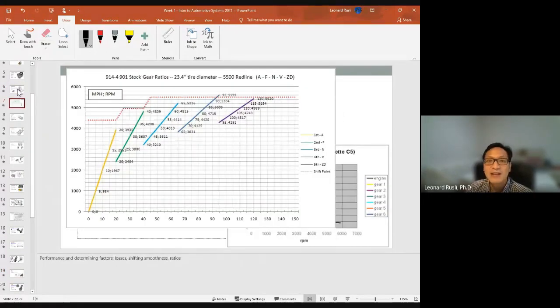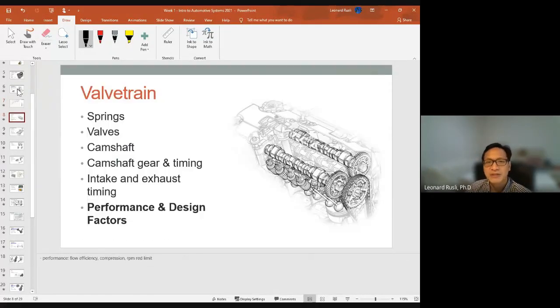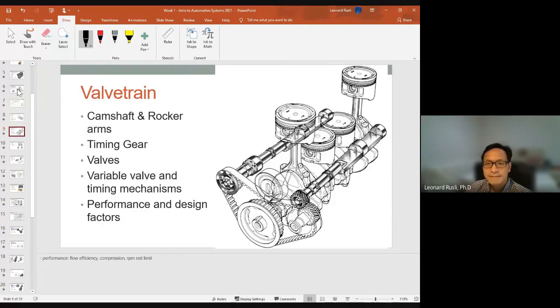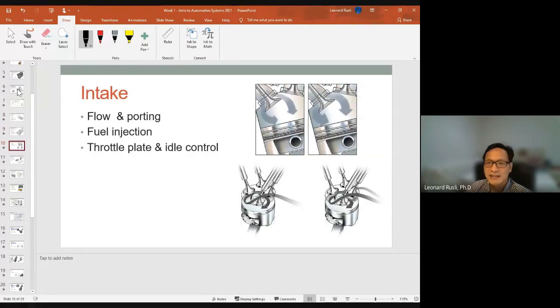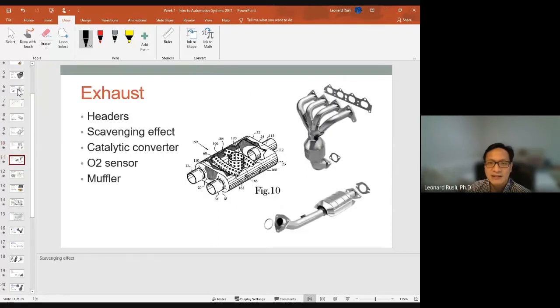Transmission. These are the ratios. We'll talk more about it when we get to power transmission. The valve, right? Camshaft, timing, intake. You got the valves, intake, exhaust valves, mufflers,